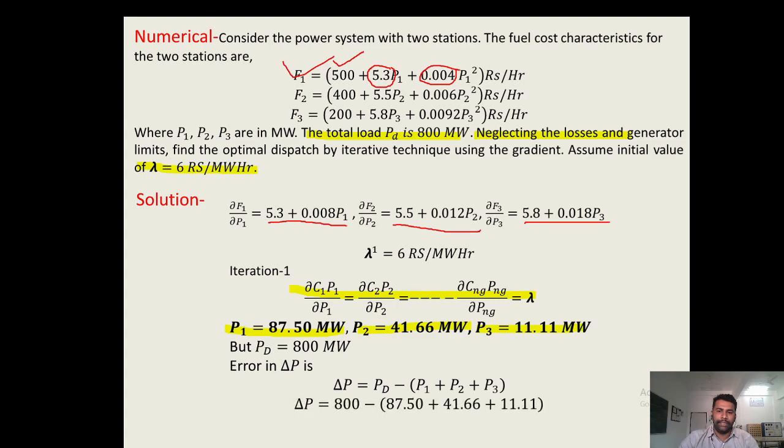So, the error is around 659.72 megawatt. So, we have observed that after taking lambda equal to 6 rupees per megawatt hour, we have obtained an error of 659.72 megawatt in the demanded power.